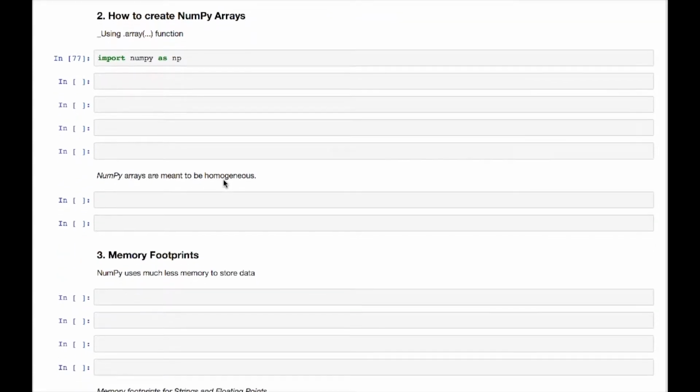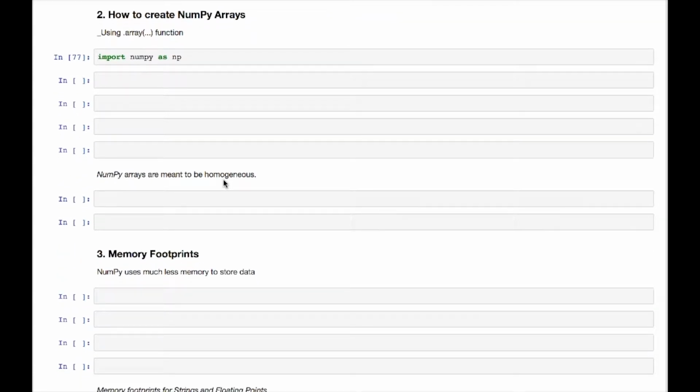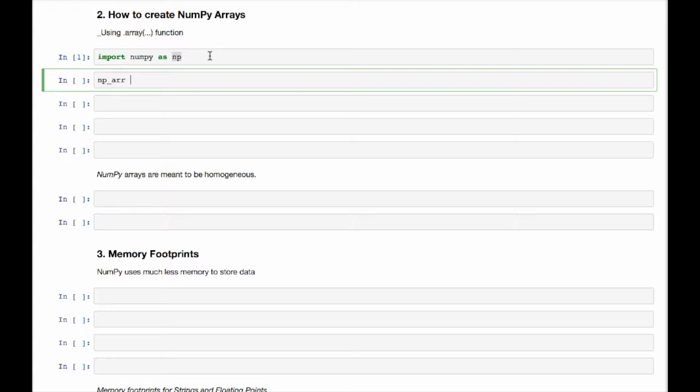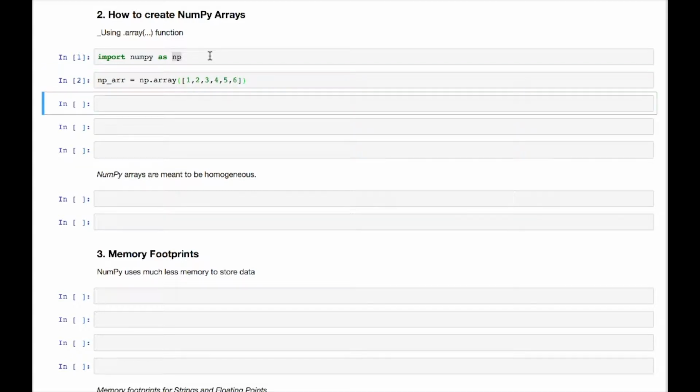Now come to our second topic, how to create a NumPy array. A NumPy array is created by calling a function called array in the NumPy module. And to call that function, you have to import NumPy as np. So I've imported NumPy, and if I want to create a NumPy array, I'll do np_arr equal to np.array, and I'll define a list 2 3 4 5 6, for example. This is the way I create my NumPy array, and if I just go ahead and print my NumPy array,